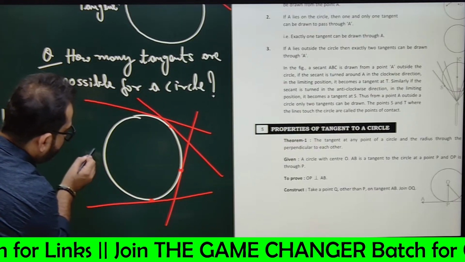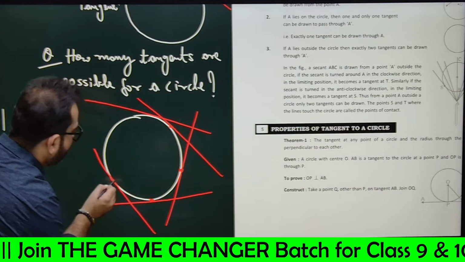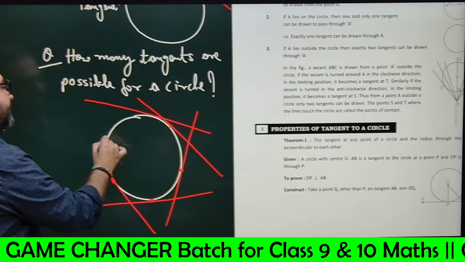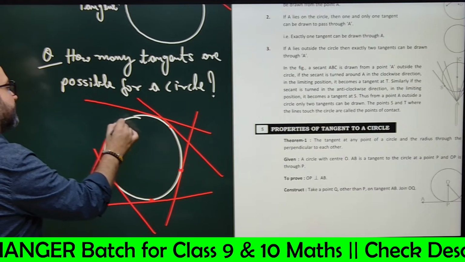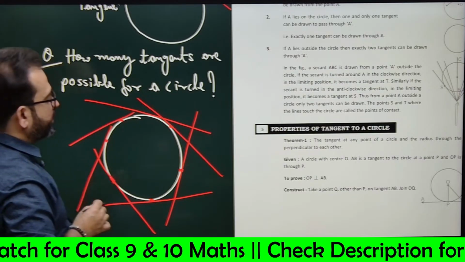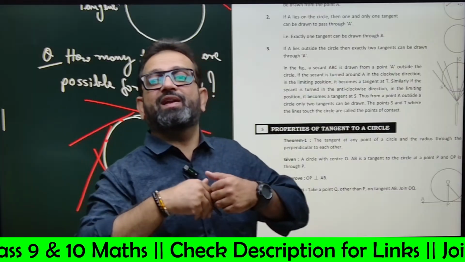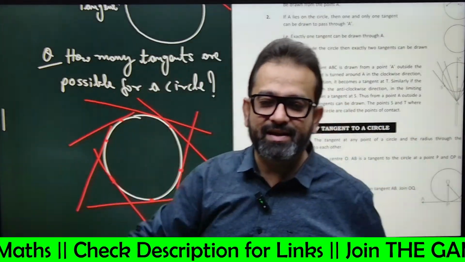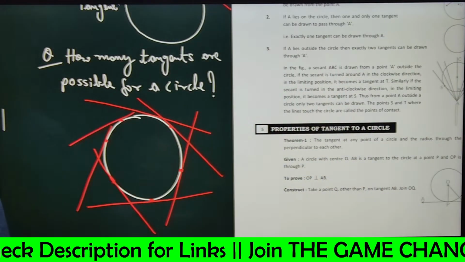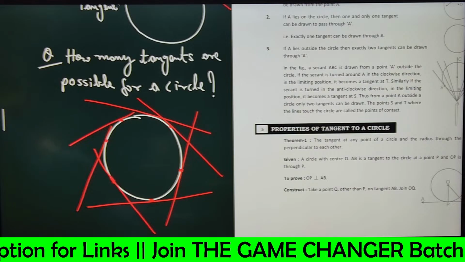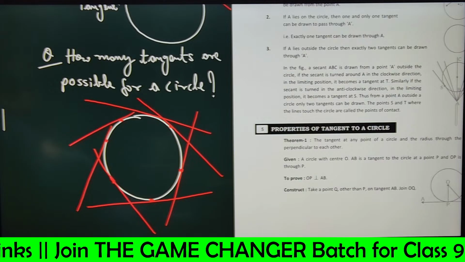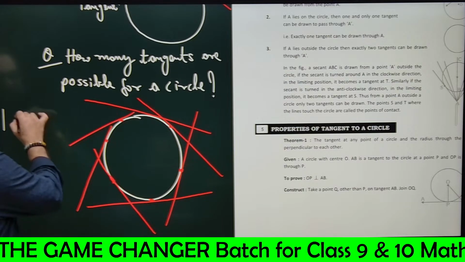Right. How many points are there on the circle? At every point there is a tangent. This point there is a tangent. So at every point there is a tangent, so there are infinite points, so there will be infinite tangents. Yes or no? Come on, tell me in the comments. There will be infinite tangents. Yes or no? The answer is